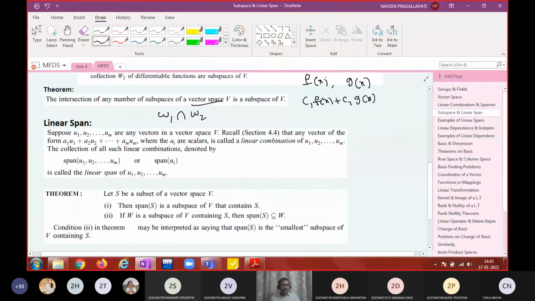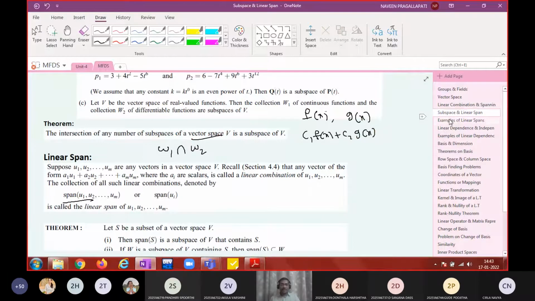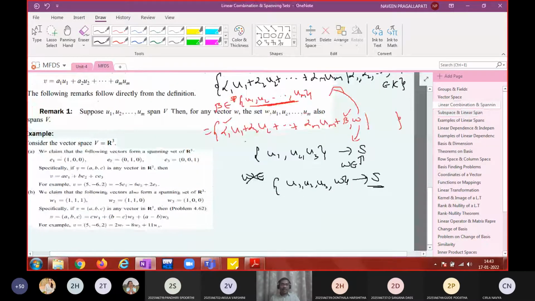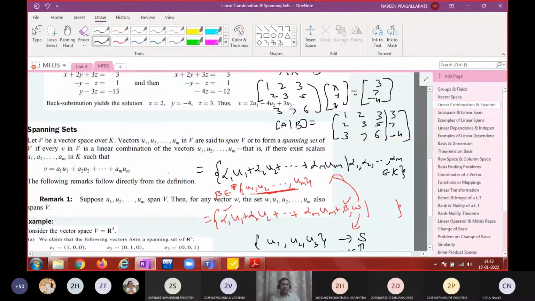Okay, and we already discussed span. Whatever set we were discussing, the set can be denoted like this. Here I did not give any notation to this. What is the notation to this? This is called span. A span of what? If you are considering U as a set of vectors u1, u2, and so on, then you can call it span U. That means the set of all possible linear combinations of a given set of vectors is going to be a set. That set is going to be the span U.